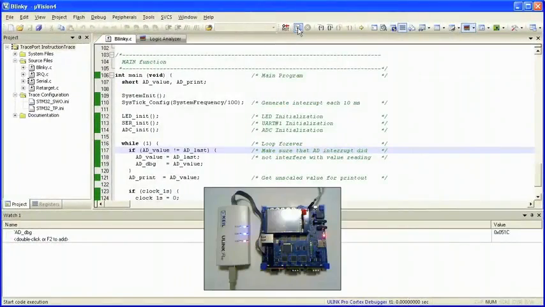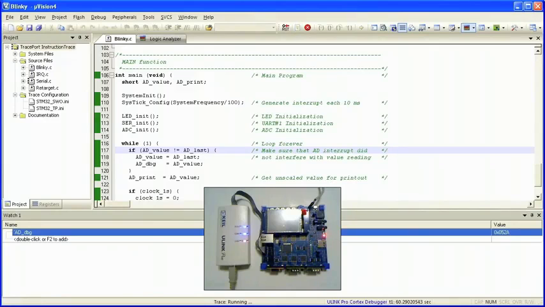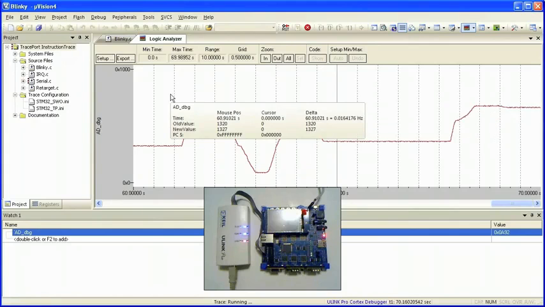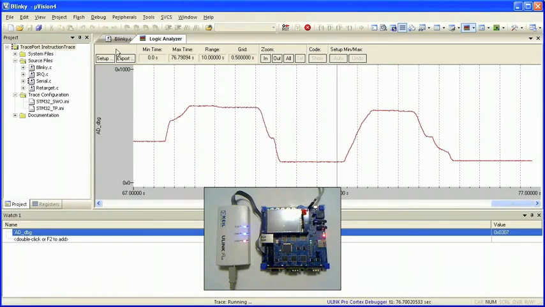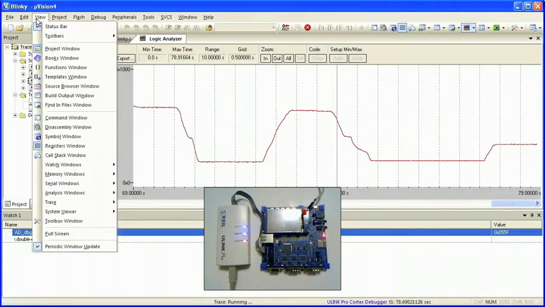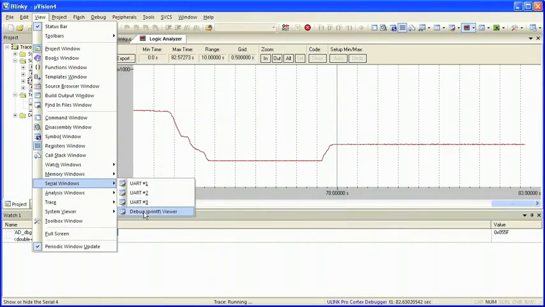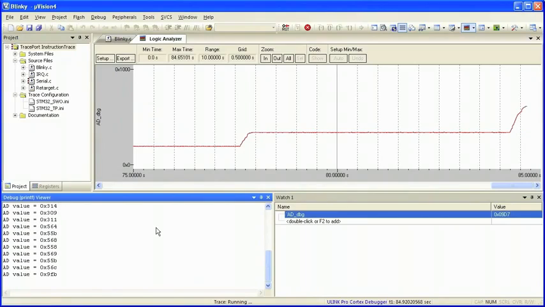So how is all of this useful to me as a developer? By using direct debug access to memory, MicroVision allows me to monitor my variables in real time. I can see values updated in the watch window. I can also display this information graphically and even modify memory, all whilst the system is running. The instrumentation trace macrocell allows me to output debug messages from my application code without having to configure a